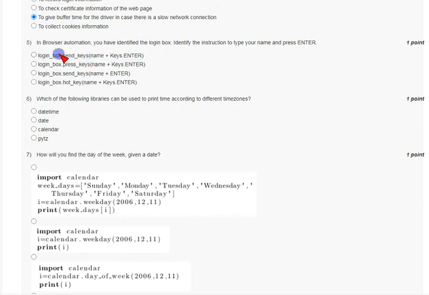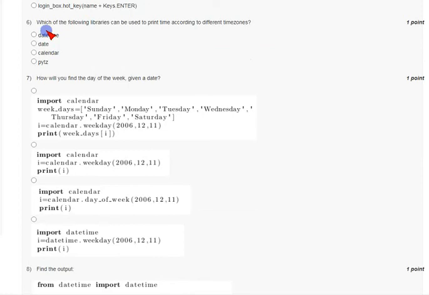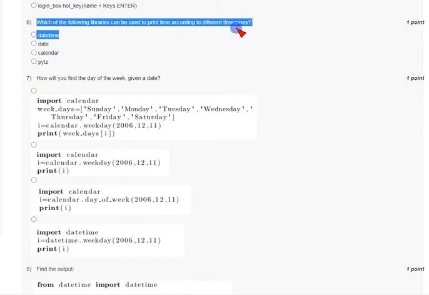This is the command or instruction. Coming to sixth question, which of the following libraries can be used to print time according to different time zones? So sixth question answer is pytz. That is fourth option.